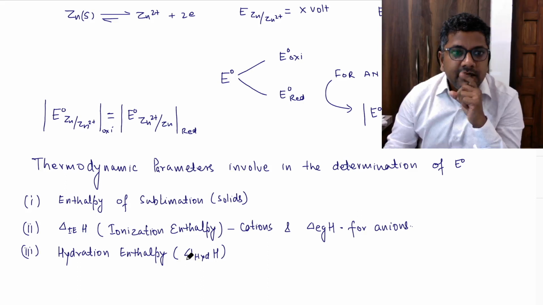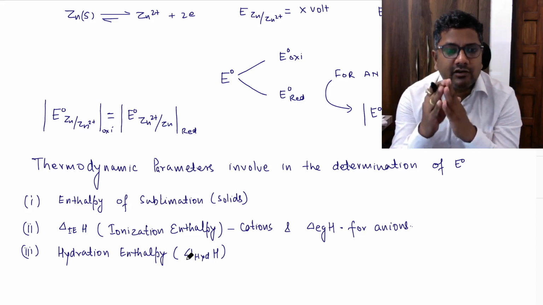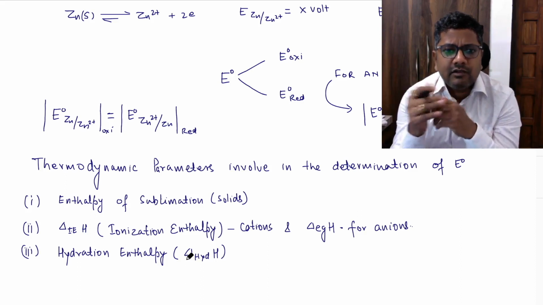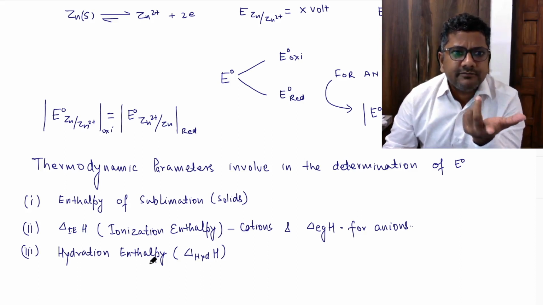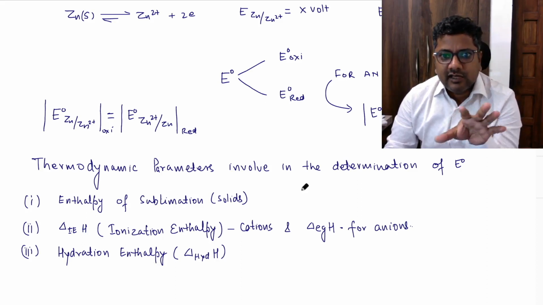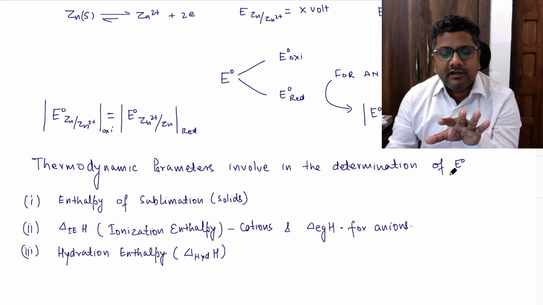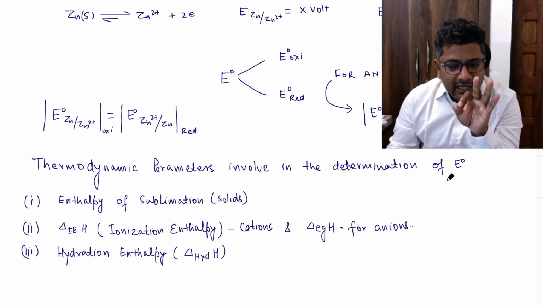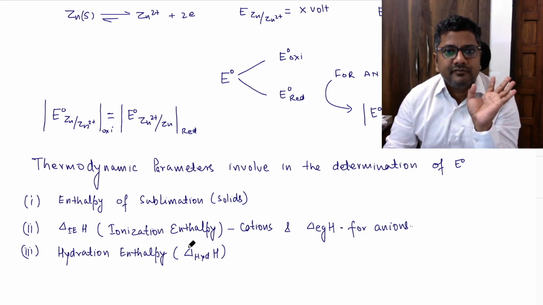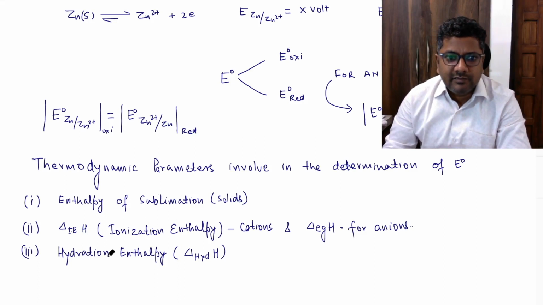And once you talk about E naught, if you conclude anything in terms of E naught, you are considering all these things or not, because these are the parameters involved in the determination of E naught. Means E naught apparently has all these terms, because on the basis of this you have to calculate